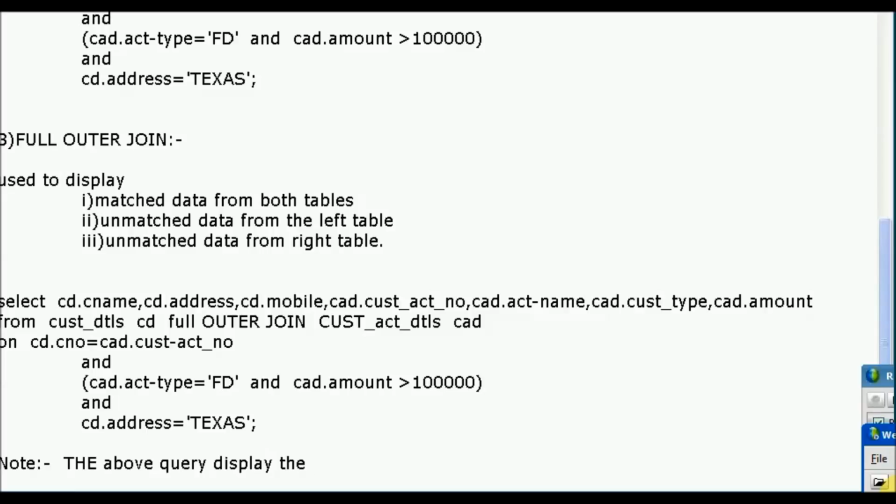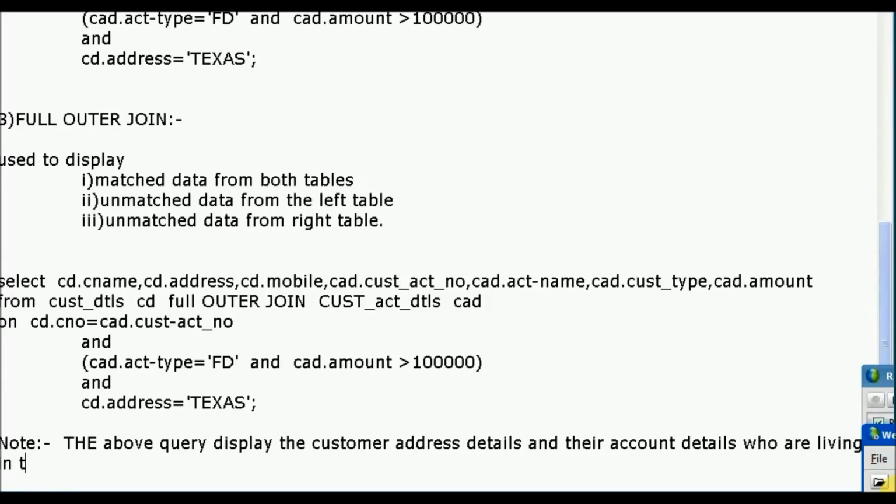The above query displays the matched data, in the sense it displays the customer address details and their account details, who are living in Texas and maintaining FT above 1 lakh. First part. Continuously display